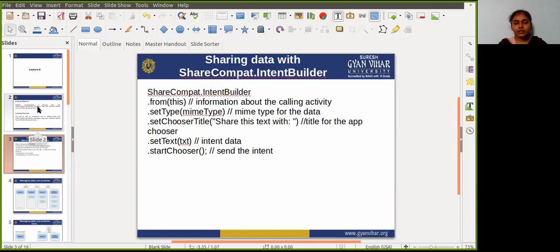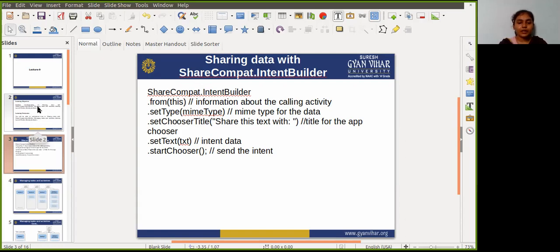Next one is data. So the filter can declare zero or more data elements for the URL contained in the intent data, and the intent data consists of URL and MIME types. So you can create an intent filter of various aspects of the data, including URL scheme, URL host, URL path, and MIME types.